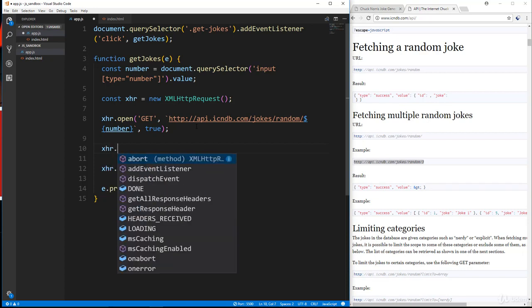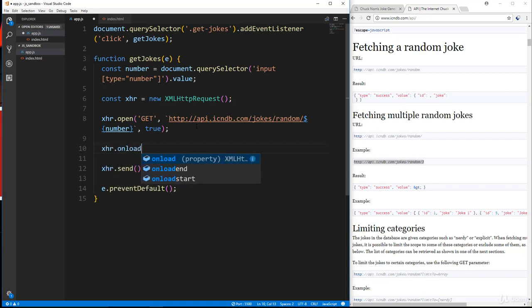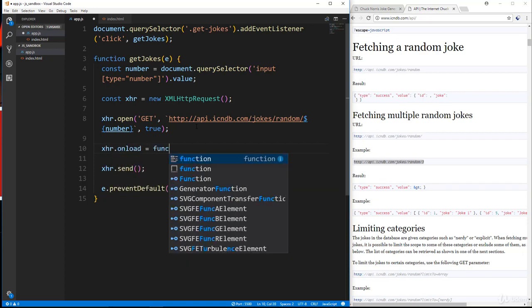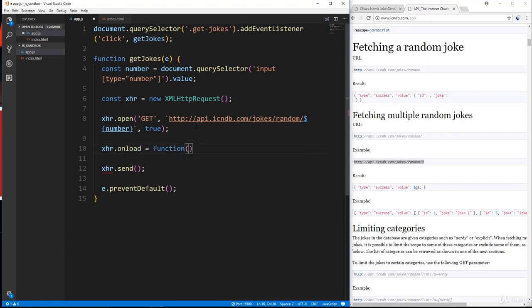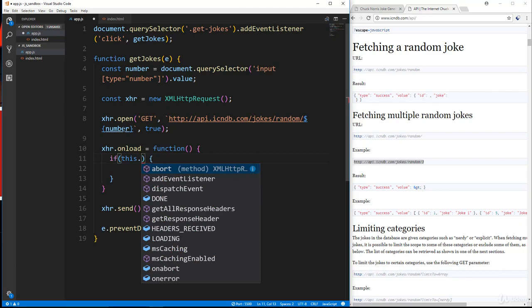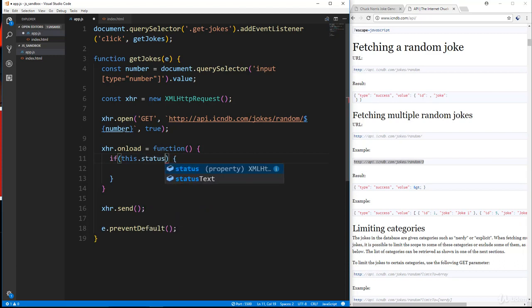That's what goes in the onload. So xhr.onload equals function, and then we want to check to make sure it's a 200 status, make sure it actually came back okay. So we'll say this, meaning the xhr object, dot status is equal to 200, oops, not 2000,